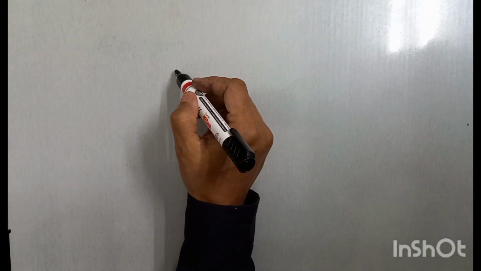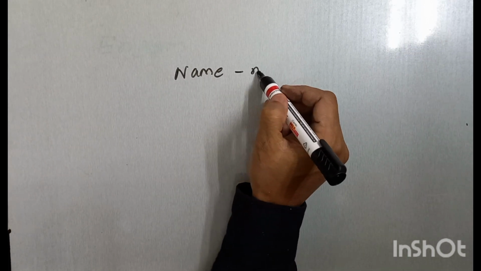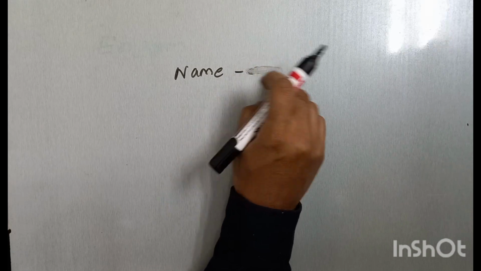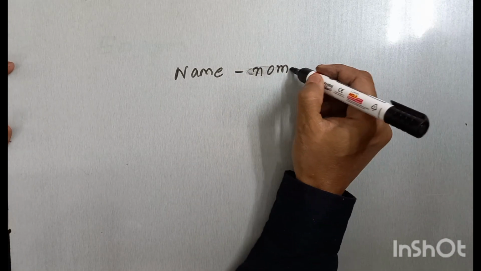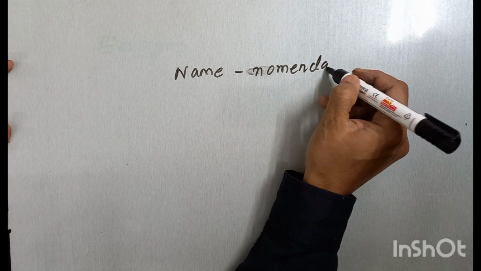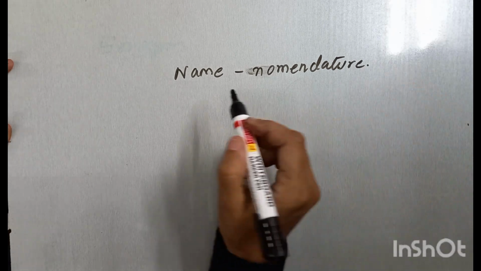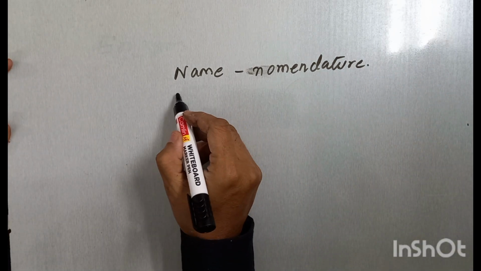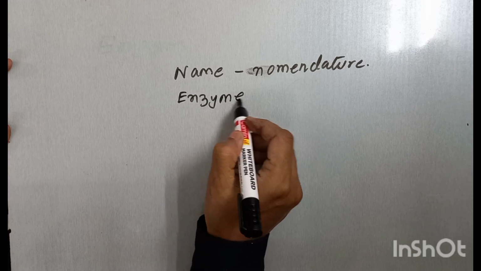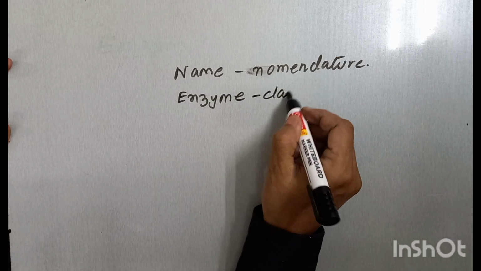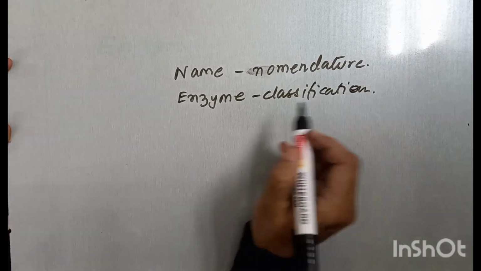So, how do we name enzymes? That falls under nomenclature. Enzyme nomenclature means how do we name an enzyme? What are the rules that are followed while we name the enzyme? And then there is the classification of enzymes. How do we classify enzymes? And then I'll teach you about the basics of enzymes,